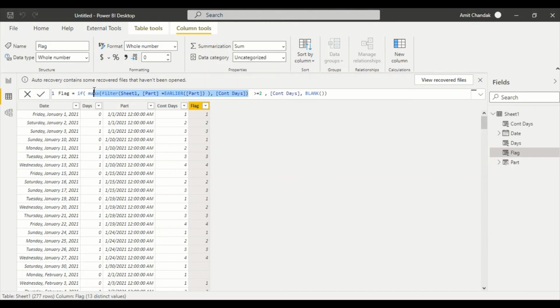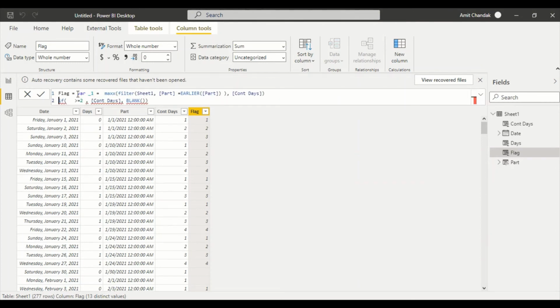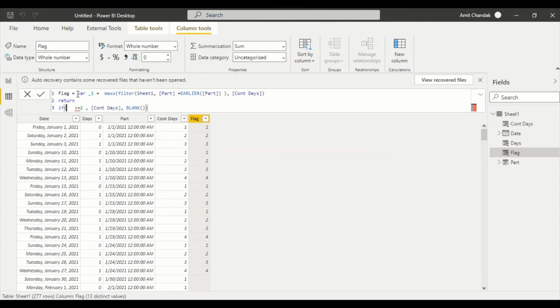So let's put this into a variable, where underscore 1 is equal to this maximum variable, alt enter, return, alt enter, and now we say underscore 1, and then we say if it is greater than or equal to 2, then return underscore 1.